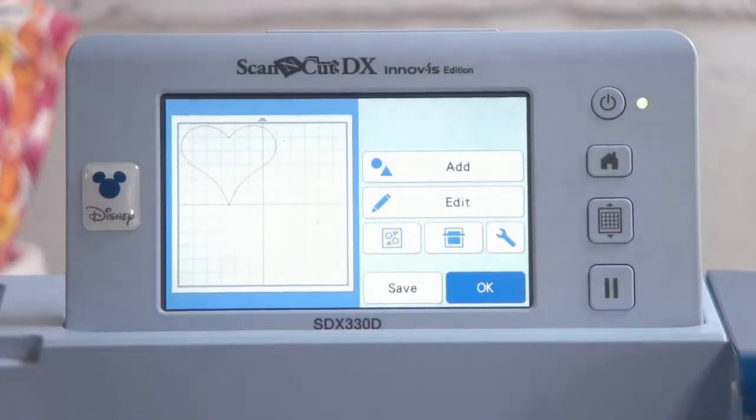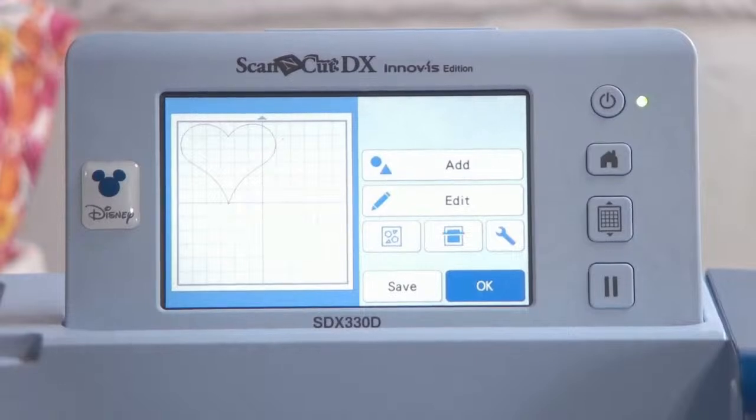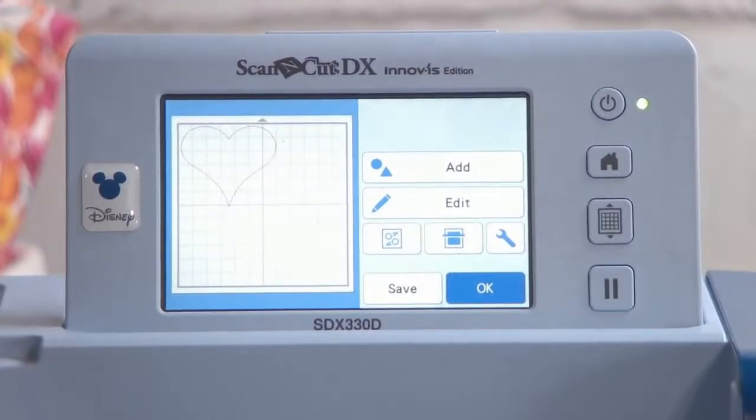Okay. Now, as I said, you must have a ScanNCut that is a dealer model. Okay. If it's not a dealer model, you're out of luck. Okay. The only exception to that rule is the 230Di on Amazon. Okay. The rest of them, not going to work.